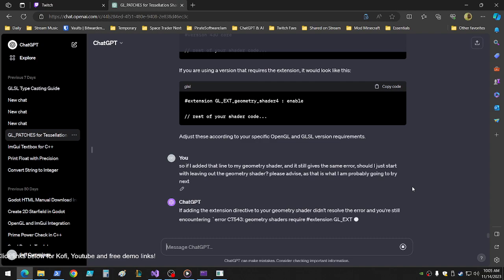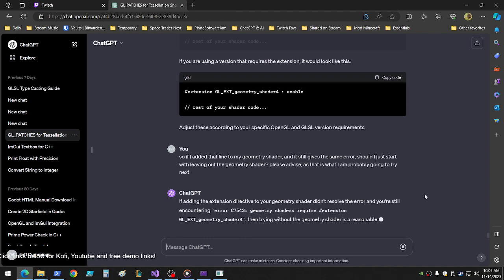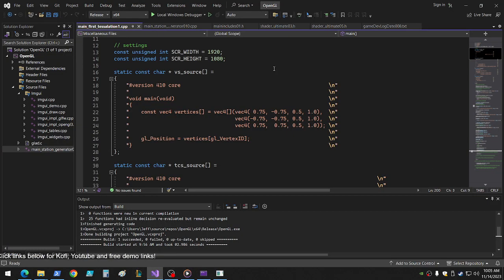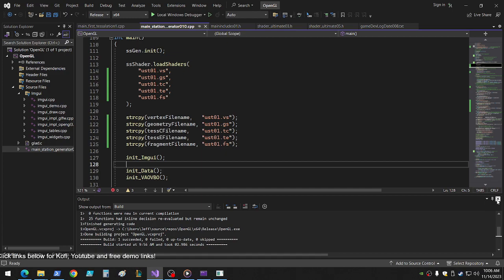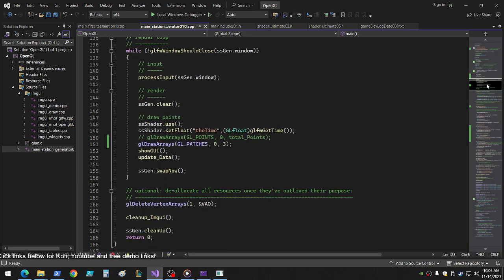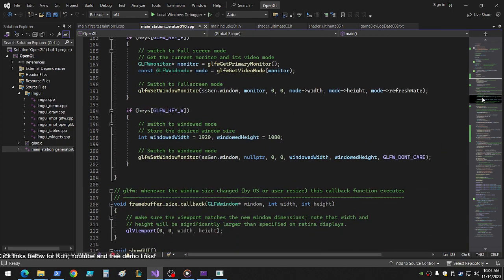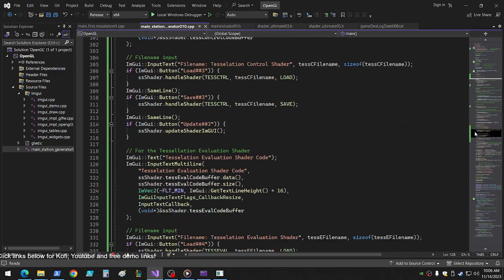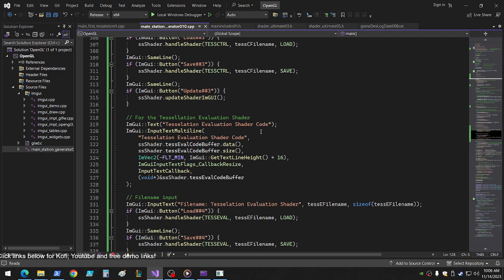I'm surprised they didn't start with the word yes. I was just going to tab away as soon as I saw the word yes because I'm reasonable step next. Okay, so we're just going to go without the geometry shader. So what we're going to do with this one then is what we did previously with the tessellation shaders. So I think that when we toggle between tessellation and, so maybe that'll be the toggle, tessellation mode or geometry shader mode, which